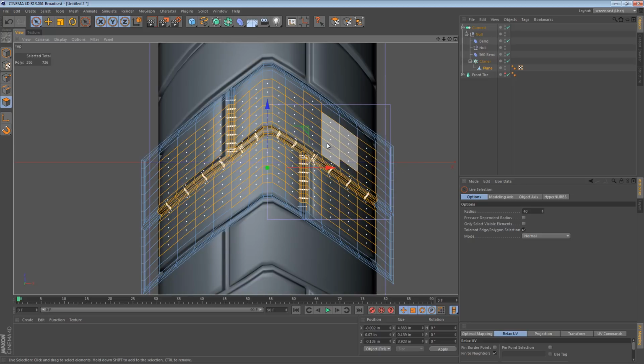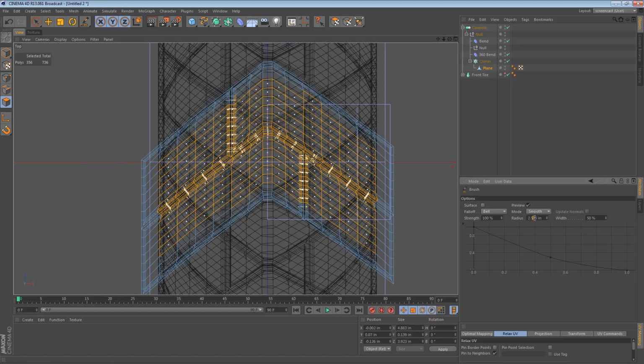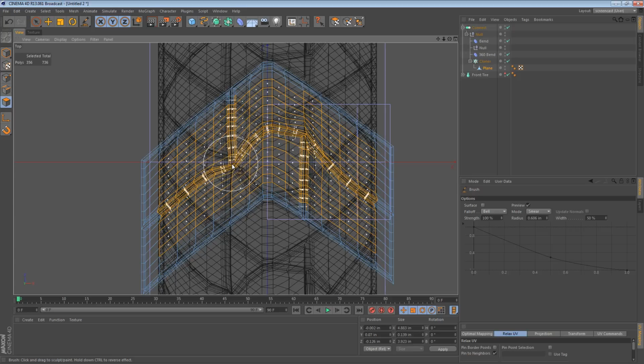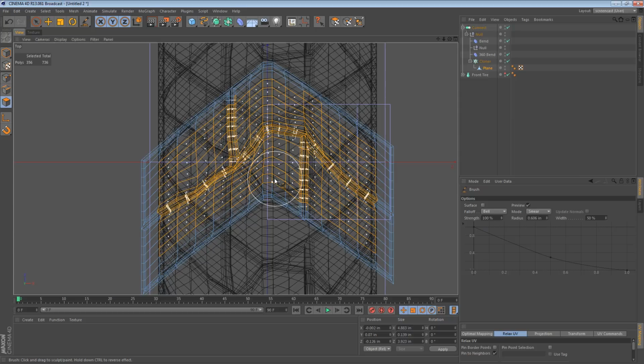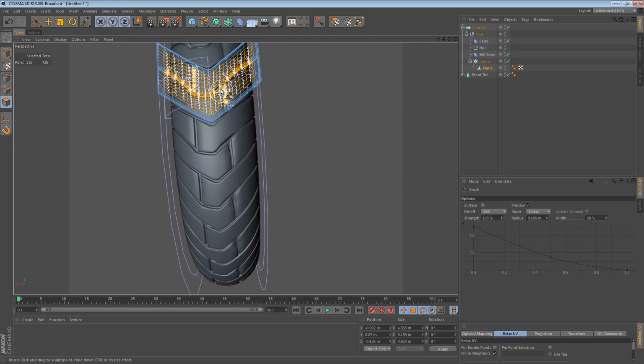So if I use the brush tool, a smaller radius, and we use the smear mode, see we can sort of smear the treads around, sort of give it more of a stylized look. And it does make it a little more interesting. But I just wanted to give you the idea. The best way to handle this is to